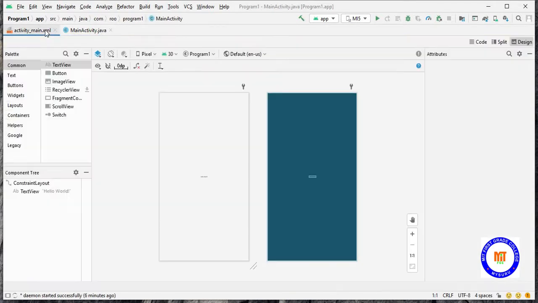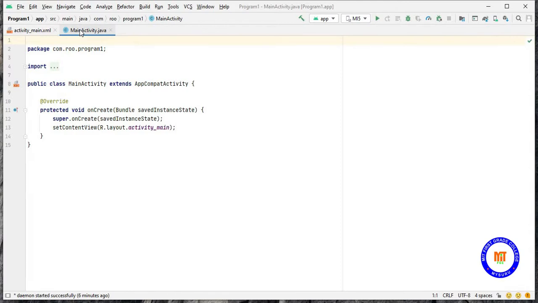the code. XML file consists of static contents which do not change during the execution of program, whereas Java file consists of dynamic contents which change according to the user events. The user events can be on click, double click, on drag, and etc. When the user performs some actions, here we will be writing the Java code to perform the job according to the user requirements. So let's start with the program.